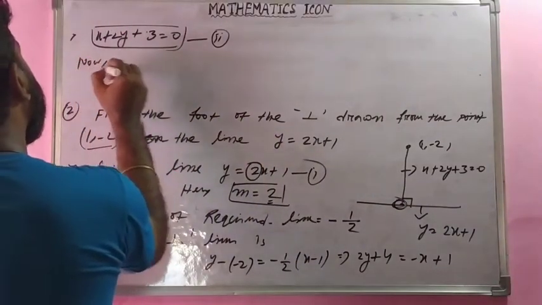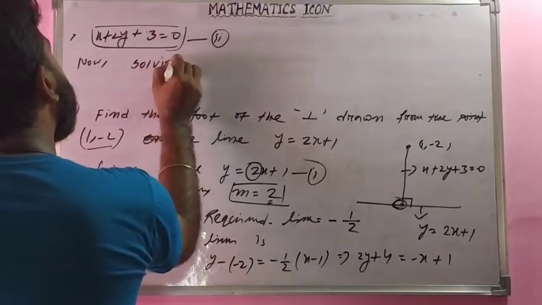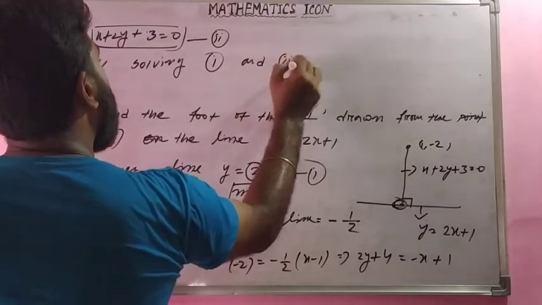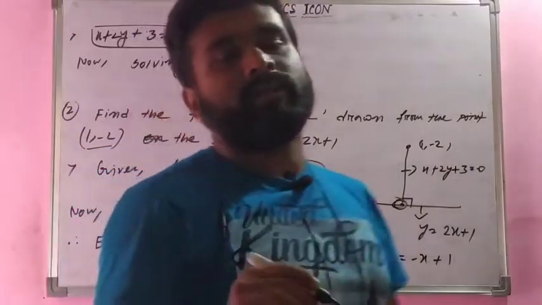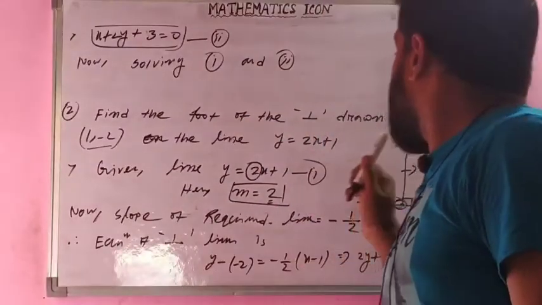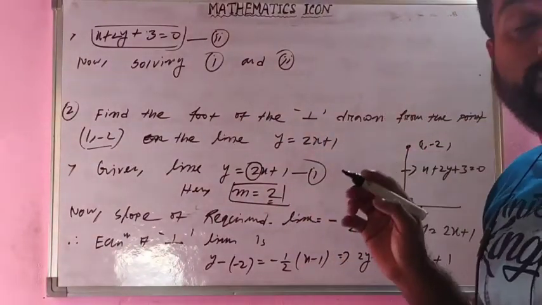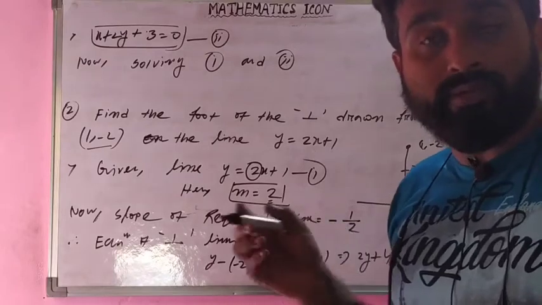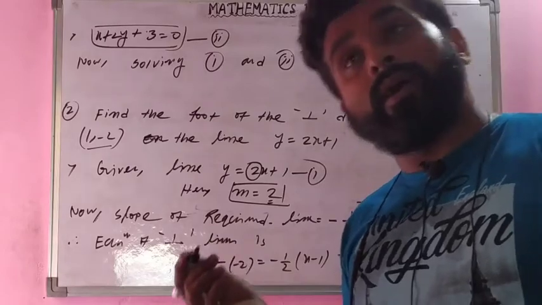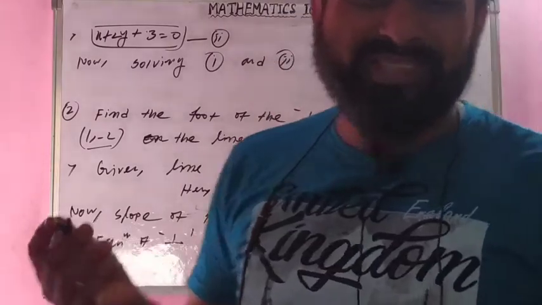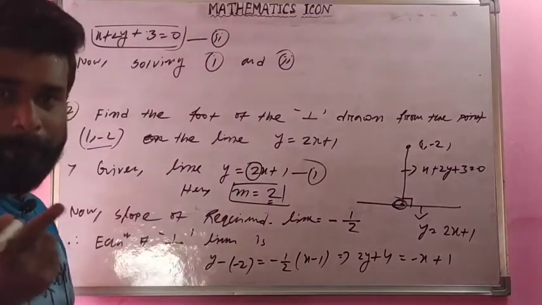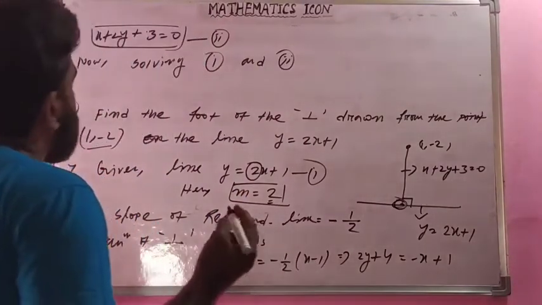Now, I think you need to find the foot of the perpendicular, solving equations 1 and 2. For that you will solve equations 1 and 2 using the elimination method, cross multiplication method, substitution method, or comparing method. The various methods are there. At least one method is supposed to be used here. So, solving 1 and 2,